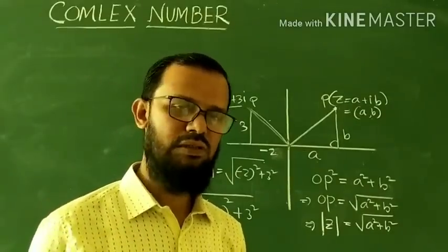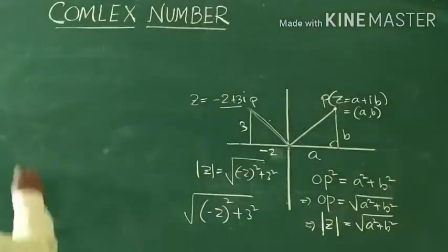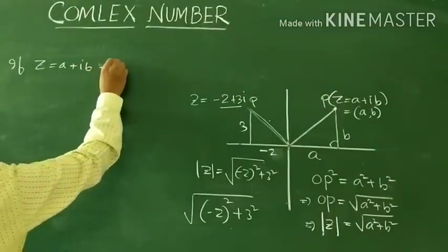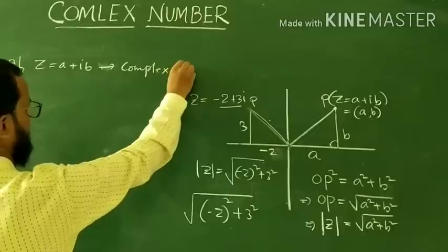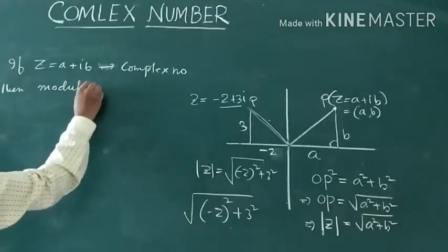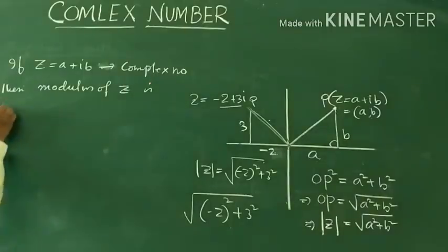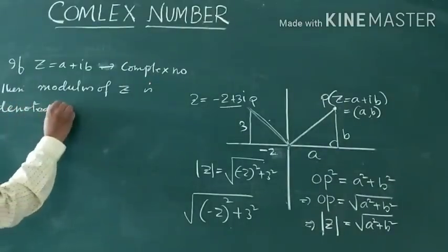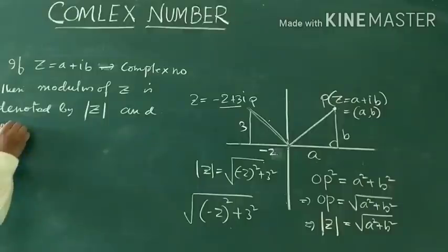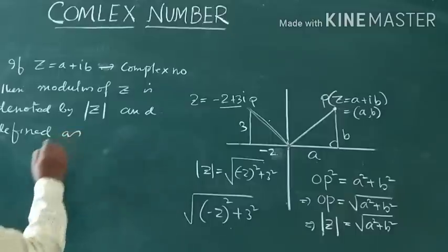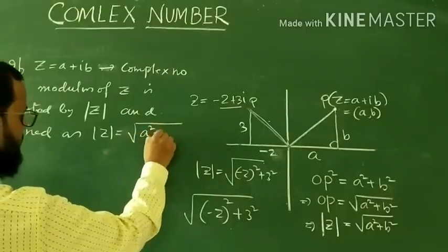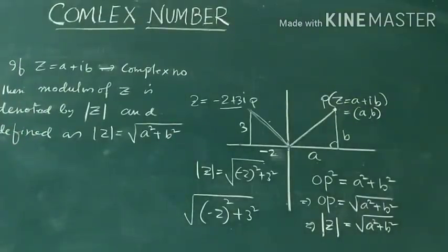Modulus of the complex number. This is simple, okay. So what will be the definition? If Z is equal to A plus iB is a complex number, then modulus of Z is denoted by this symbol, modulus Z, and defined as modulus of Z equal to √(A square plus B square), ठीक है। आपको समझ में आ रहा है, ठीक है।